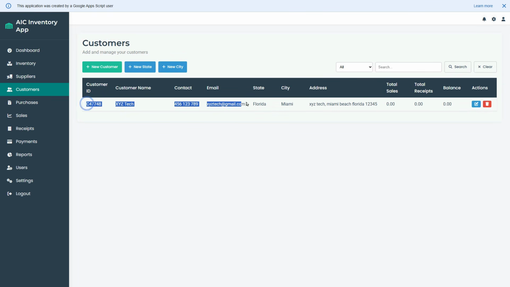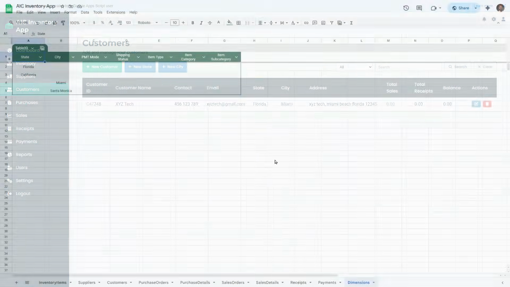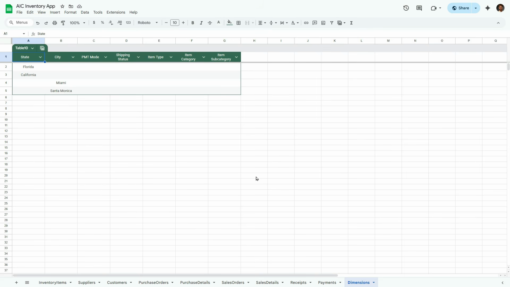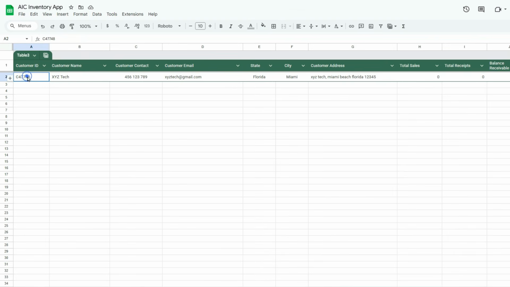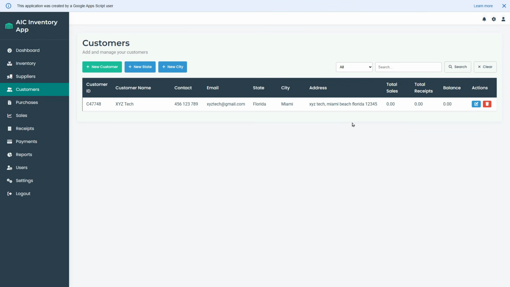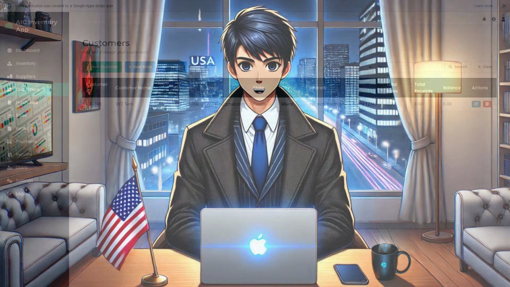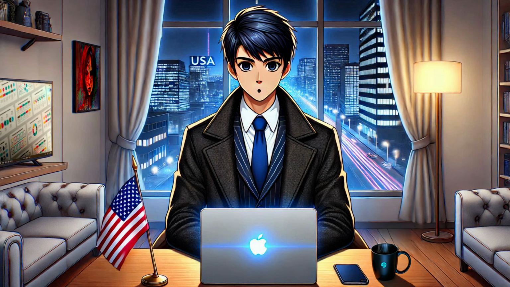And the new customer is added successfully in our inventory management application. Now if I go to my Google spreadsheet and click the customer sheet, you will see that the customer we just added through the HTML form is saved here. And the data you see here on the customers page of our inventory system is actually pulled from that Google Sheet. Alright, now that both the suppliers and customers modules are working correctly,